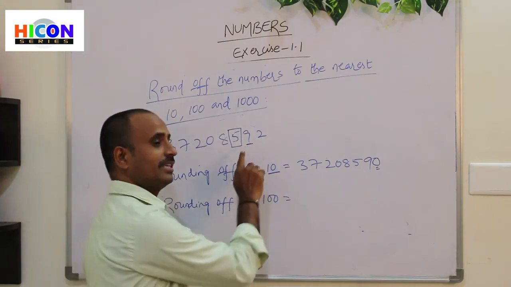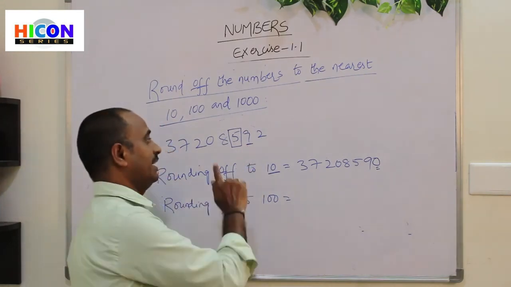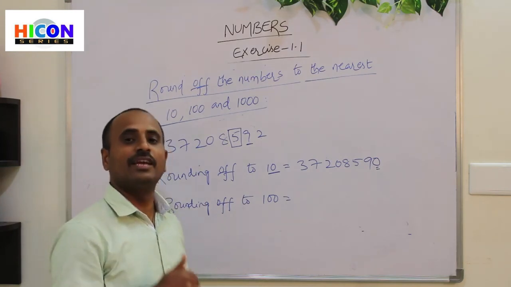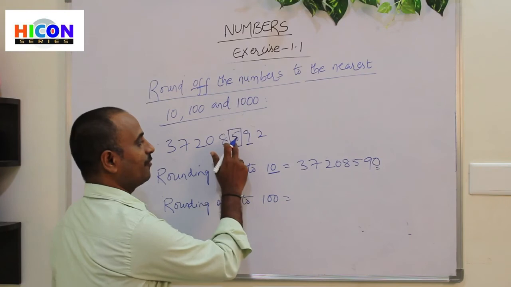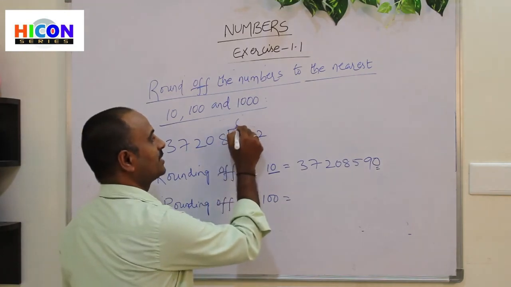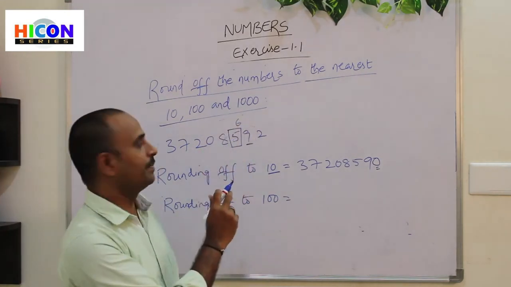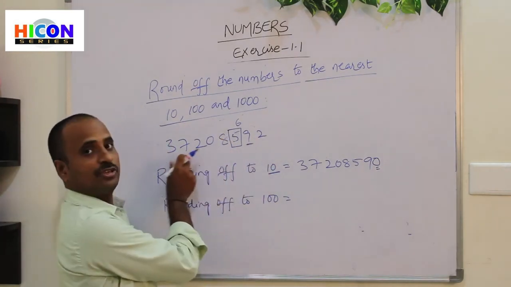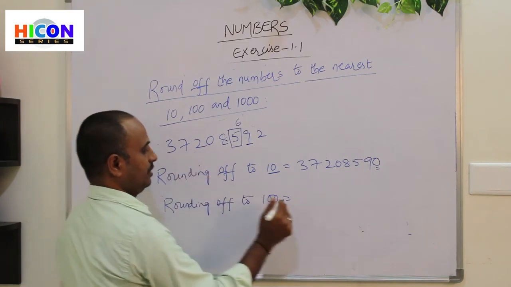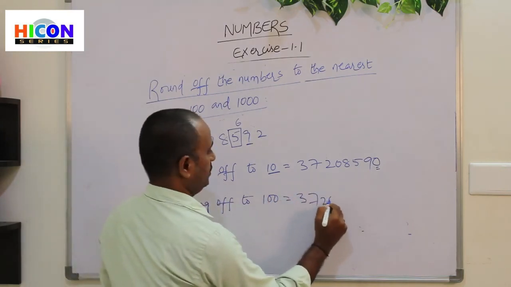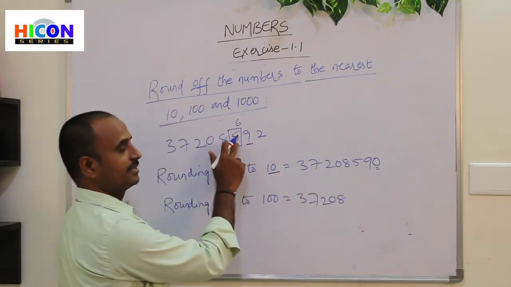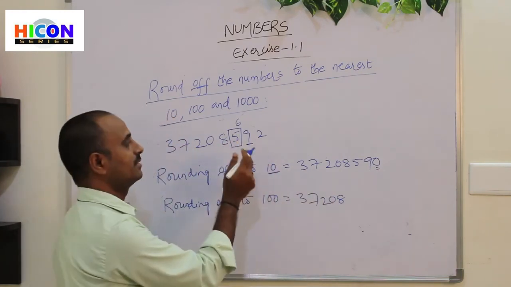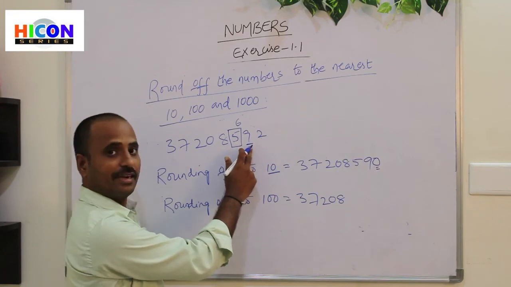If the next digit is greater than 5, write the next hundreds. That means round the number to the next hundreds. Here the hundreds are 5. The next 100 becomes 6. So write 6 in the hundreds place and put zeros for the remaining digits, and the before digits should not be changed. So the number will become like this, and write 6 in the hundreds place. That means rounded off the given number to the next hundreds, because the next digit is 9, greater than 5.